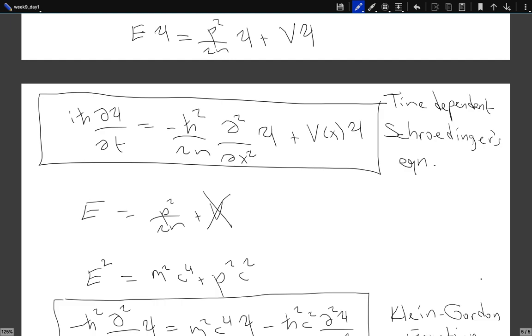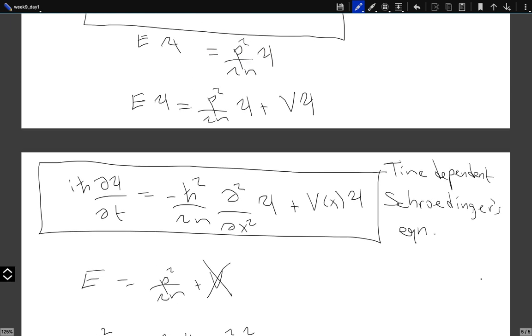So in a sense, now that is our Schrödinger's equation. Sorry, that is the analog of Newton's second law. Newton's second law just gave us a relation between acceleration and the force. Acceleration is nothing but how the position of an object changes as a function of time. And this equation just tells us how the wave function changes as a function of time.